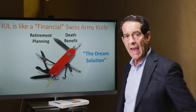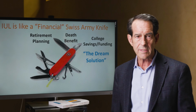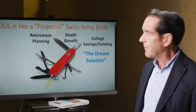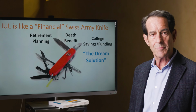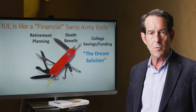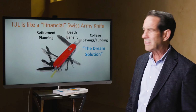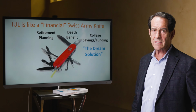But when people see that, they go, well, could I do this in lieu of a 529 college savings plan? Absolutely. In fact, why would you mess around with one of those? If your child doesn't need that money, they have to pay tax on it. If they got a scholarship and want to use the money for a down payment on a home or to start a business, why would you not put it into a laser fund, where it's tax-free and you take it out tax-free